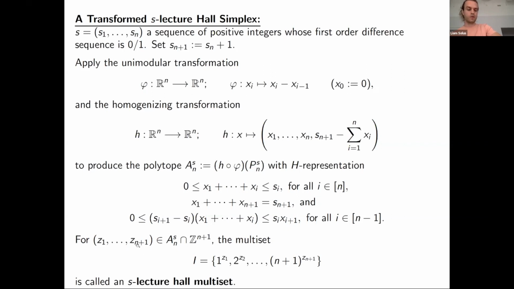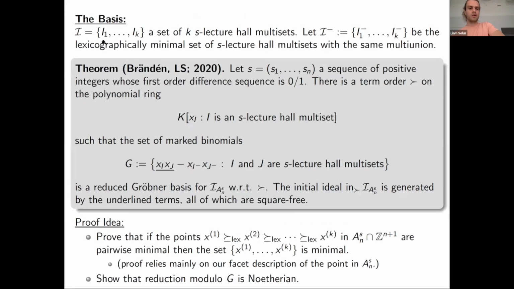To give us a total order on the k collections of k lattice points within this polytope. So what are we doing here? We're essentially saying that we can impose a lexicographic order on collections of k multisets, and when we consider a collection of k multisets associated to lattice points in this polytope, which we call these S-lecture Hall multisets, then under this lexicographic order, we can find a lexicographically minimal